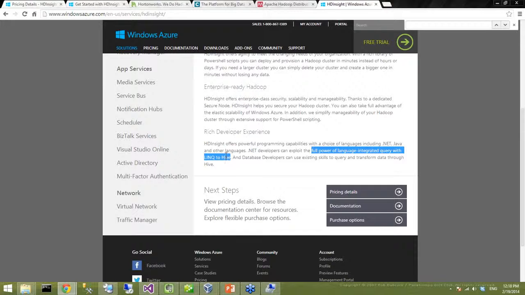So Hive is like SQL. It's an ANSI standard for SQL. It follows ANSI 92. So you can issue select star from a table and have it work in MapReduce.